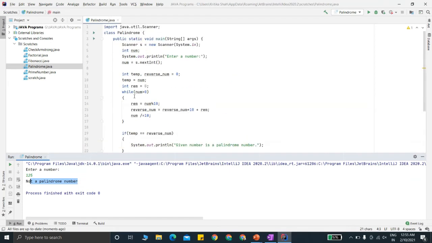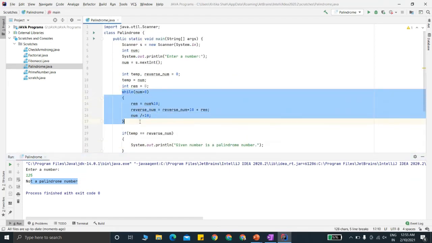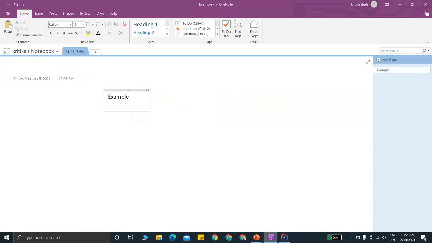To explain what is there in this while loop, I'll just tell you. If we have the number as 454, this is equal to n. Now n is greater than 0 initially, so we enter the while loop. After entering, we get the remainder: 454 modulo 10, which gives the last digit, that is 4.